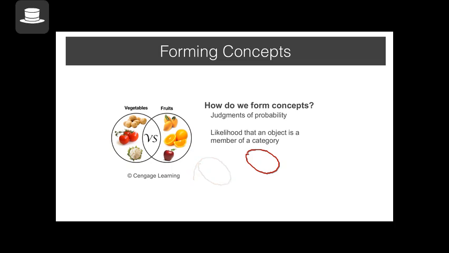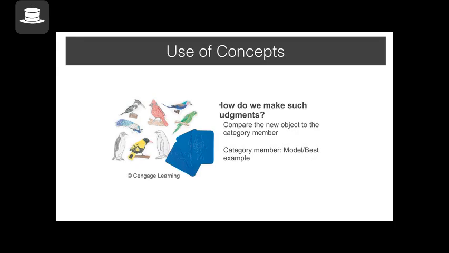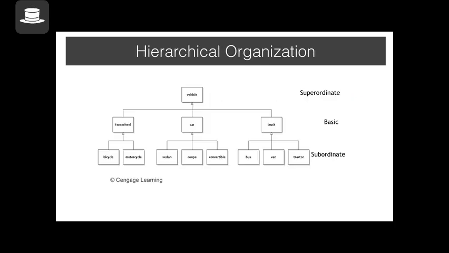It could be related to comparing the new object to the best example of the object you have in your mind, or comparing it to the probabilistic nature of all the features that may be specific to a concept, or it can be based on one unique example. So there are different theories on how we make category judgments. But an important question is, this is after forming concepts, right? The question is, how do we form the concepts in the first place?